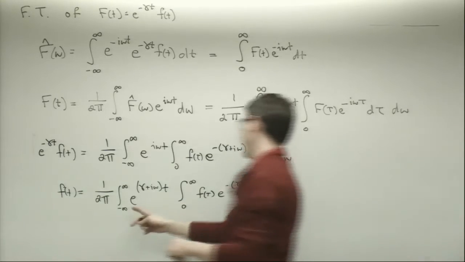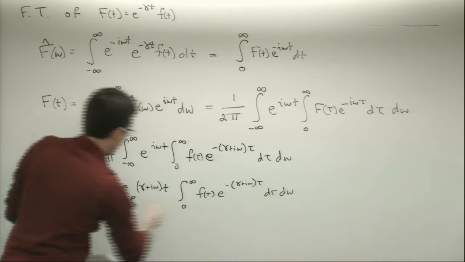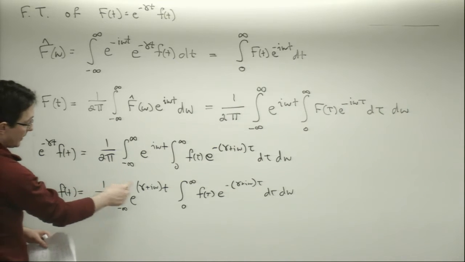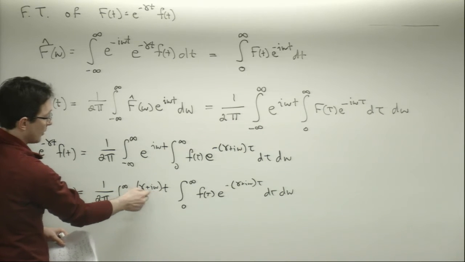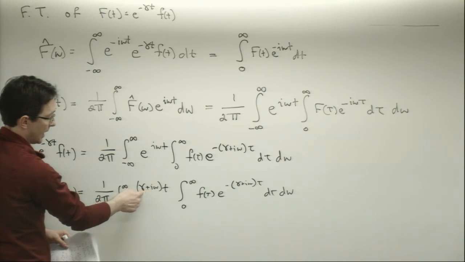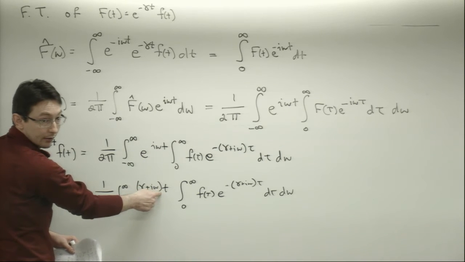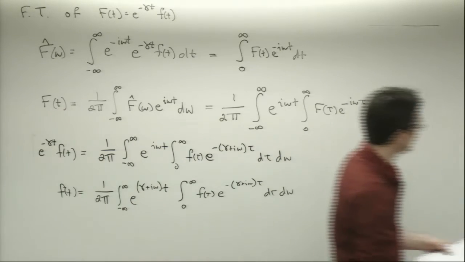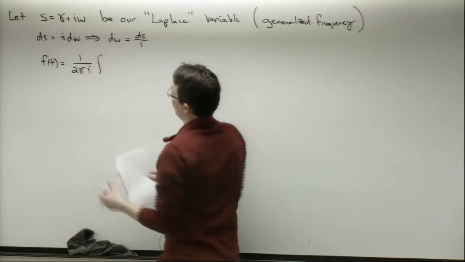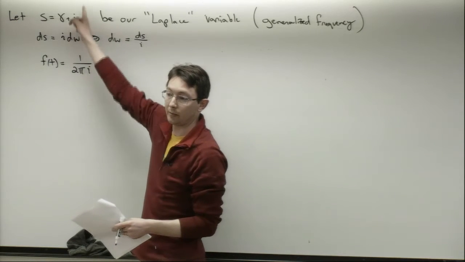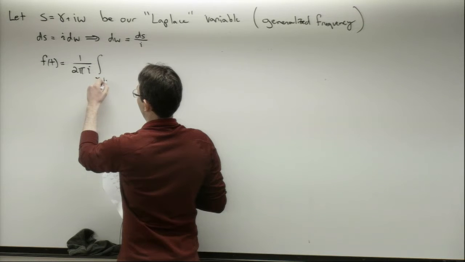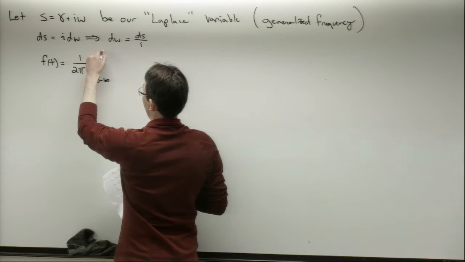If I was integrating from omega equals minus infinity to infinity, then s is going from gamma minus i infinity to gamma plus i infinity. My s variable is gamma plus i omega, and omega was going from minus infinity to plus infinity. So this is an integral from gamma minus i infinity to gamma plus i infinity